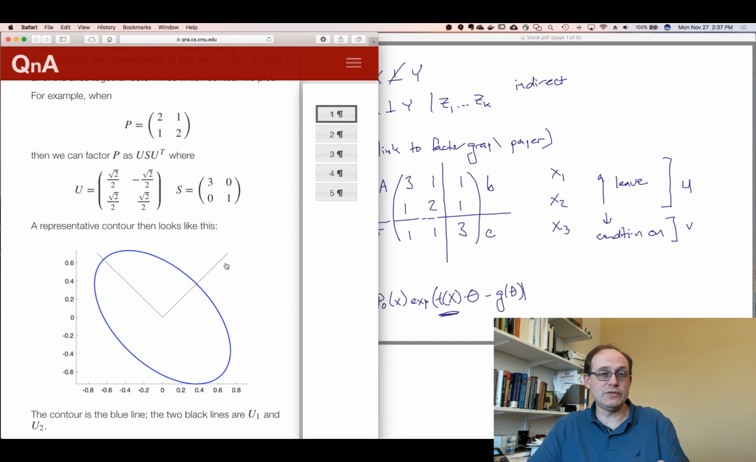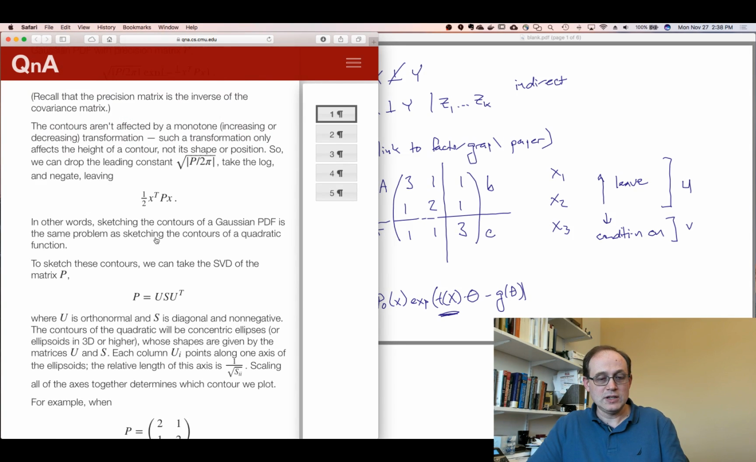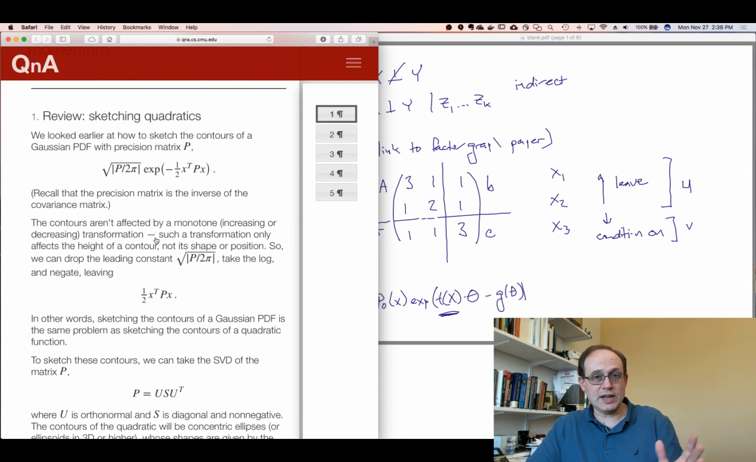If we had factored the covariance matrix, U would be the same, and we'd just get 1 over the corresponding diagonal elements of S. And so for the covariance matrix, larger values would correspond to wider spread. But we did the precision, so larger values correspond to narrower spread along the given axis. All right, so we covered that earlier, and I wanted to point out that in fact, it doesn't matter that